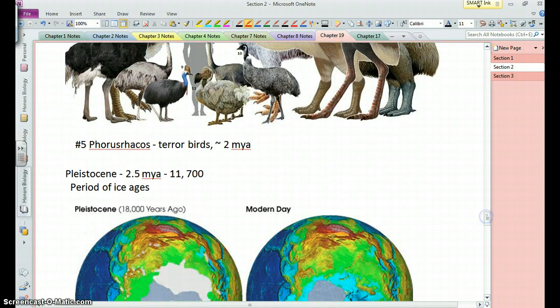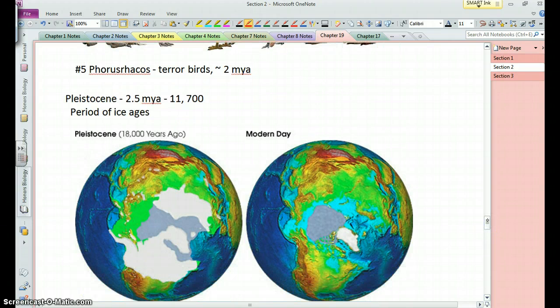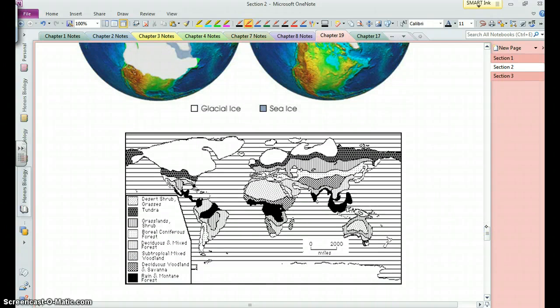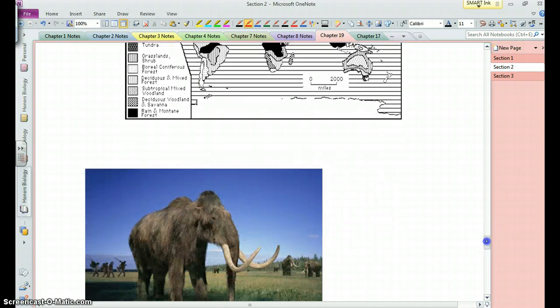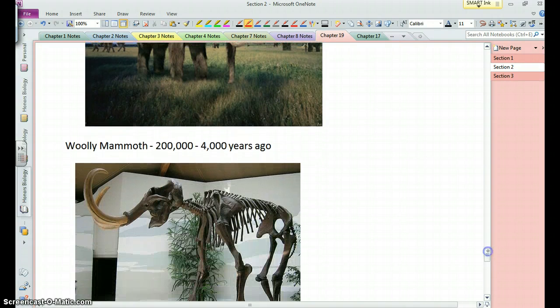Alright, more recently, the latter stages of the Cenozoic, we enter what's called the Pleistocene, and this is the period in Earth's history when there's a lot of changes in the climate. We go through glacial periods where there are ice ages, and then interglacial periods where it's relatively warm. We're currently in an interglacial period where the Earth's climate is relatively warm. But there were periods, about 18,000 years ago was the peak of the last ice age, where good chunks of the northern hemisphere were covered in ice. Woolly mammoths, people back then living in these cold climates.